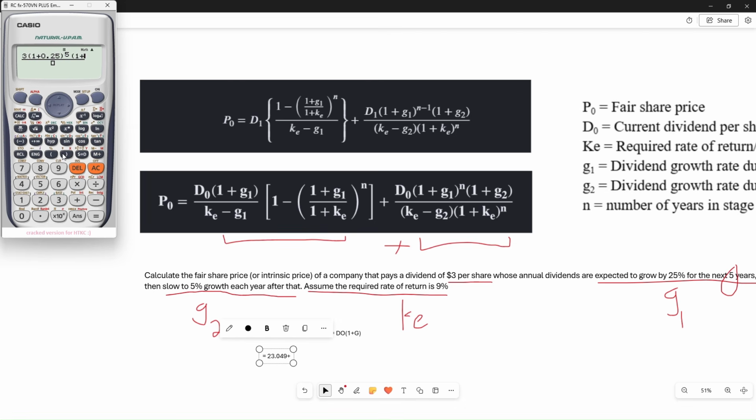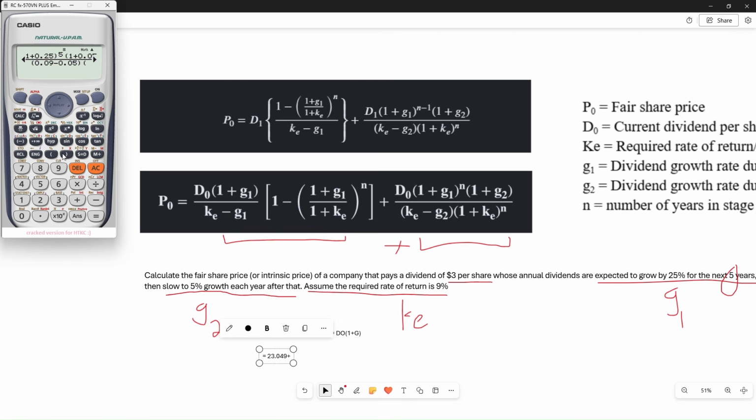Now we need G2, which is our growth rate for the second period. We are doing a two-phase model. So we've done the first phase. The second phase is our G2, which is basically 5%, which is 0.05. Then we close that bracket and go down. In the denominator, KE, which is our required rate of return, is 0.09 minus our G2 growth rate, 0.05, into